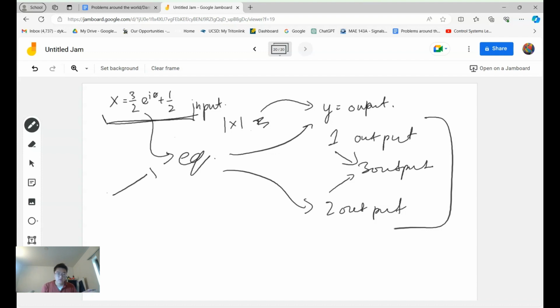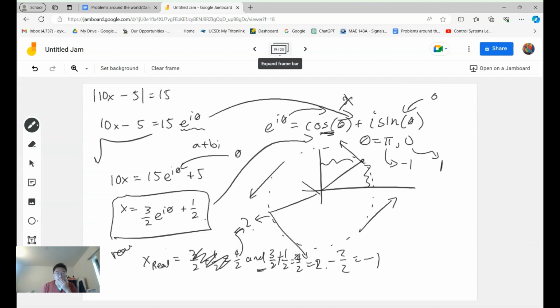So what you would get is the square root of something. You would get a and b over here, right? A plus bi, then you get square root, and then square, to get rid of the i. So you will get sine, cosine, times 3 divided by 2, and possibly plus 1 divided by 2 somehow. In one way or another, you would get that. Yeah, I think you would get something like that. I don't know.